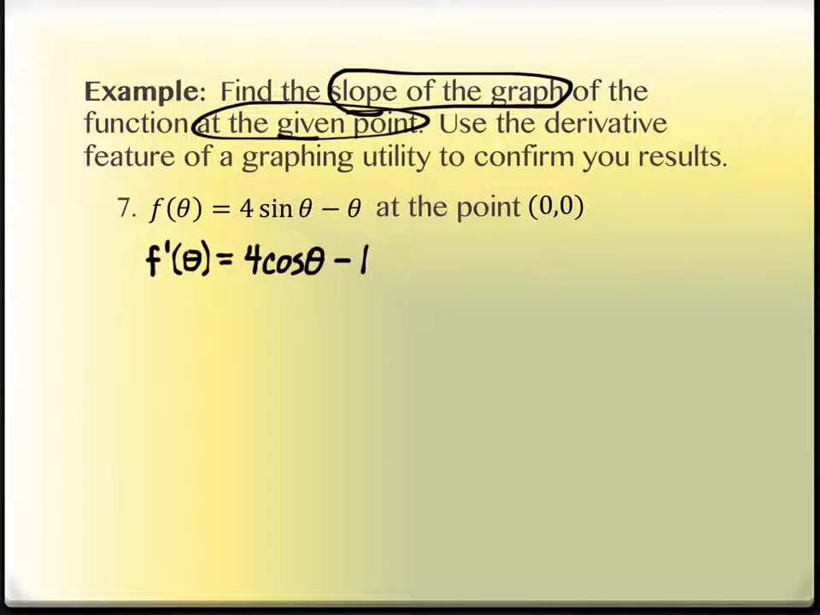So theta is acting just like x, right? It's the variable. It's not a constant, it's a variable. Those Greek letters throw us off. You know, pi is a Greek letter and it's a constant, and theta is a Greek letter and it's a variable, so be careful. All right, so this is 4 cosine of theta minus 1, and then we're supposed to